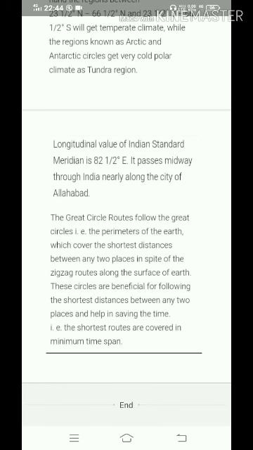A small circle is formed when a plane passes through a sphere but not through its center. The line where the plane intersects the surface of the sphere creates a small circle. The great circle has many characteristics. The center of the great circle always coincides with the center of the sphere. It is the largest circle that can be drawn on a sphere. The great circle represents the circumference of the sphere, and a great circle can be aligned in any direction of the sphere.